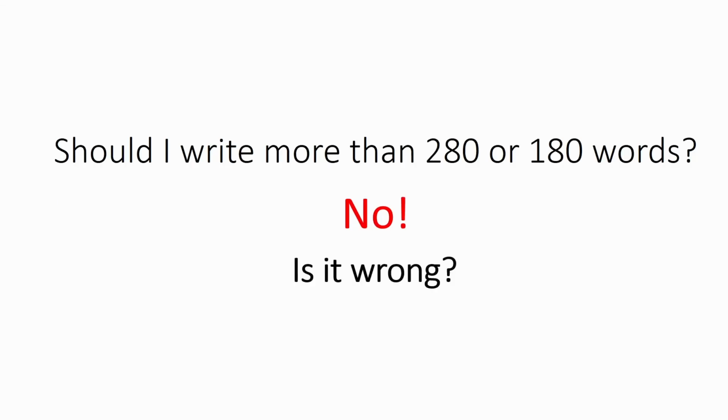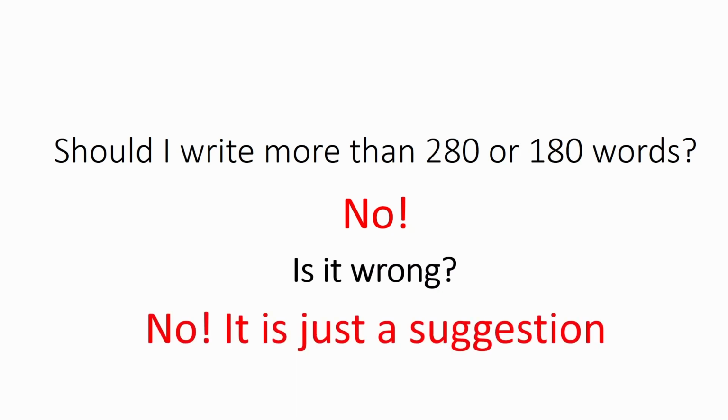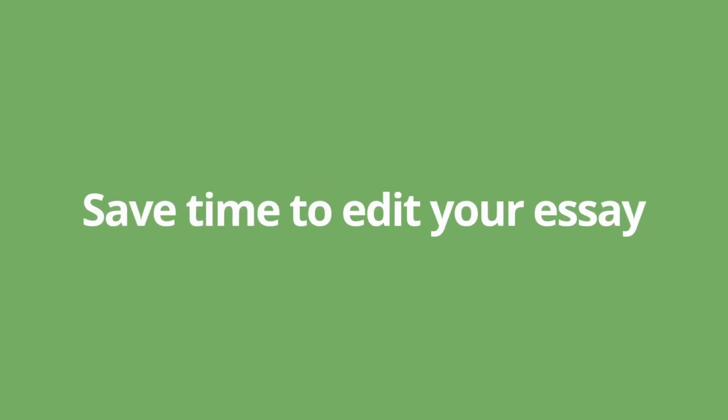Of course you can if you want. You know that there is no upper limit. It means that you can write as many words as you like and examiners have to read your essay. But you should not. You should save time to edit your final draft. Besides, the more you write, the more language mistakes you may make, and these can impact your grammar and vocabulary